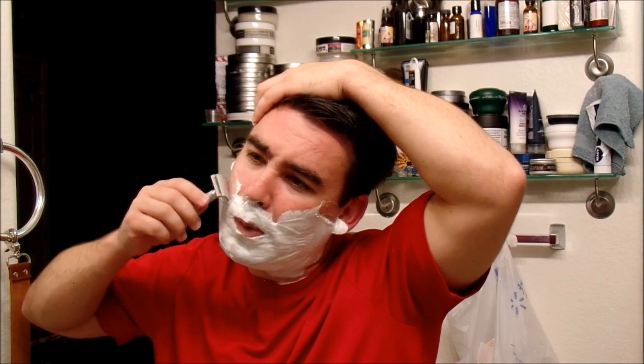Cool. Alright. So I'm going to go ahead and get started on this first pass, trying to apply no pressure and just letting this razor do the work. So this, as I've heard, this slant is based on a vintage Bakelite razor that was being sold a while back. It is efficient,